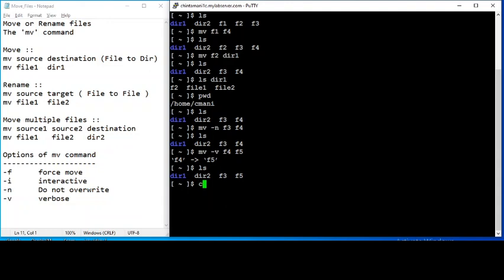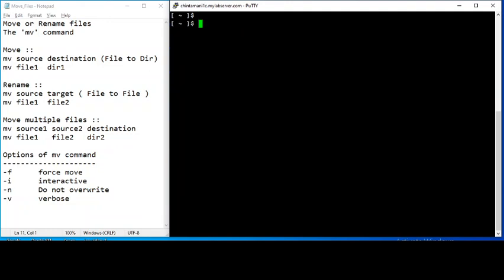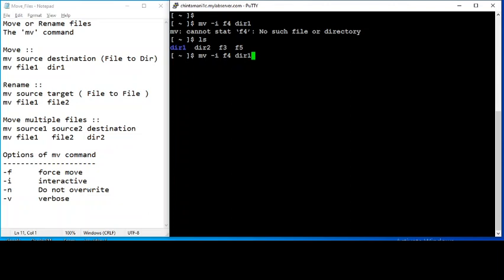Then there is one more option where you say interactively move. So I'll say -i F4 to dir1. I suppose it is there. Okay, it's not there. Let's check. Okay, dir1 is there. F4 is not there. So if I say mv -i and suppose I say F4, let's do it this time like this, dir1.